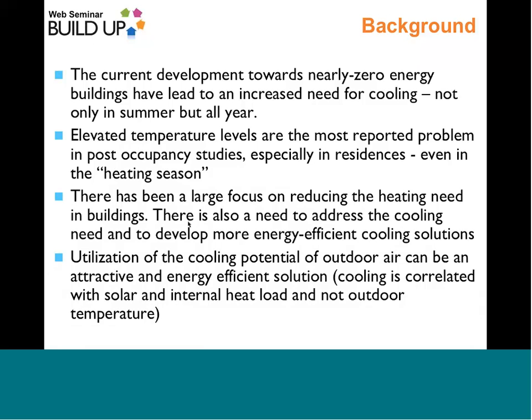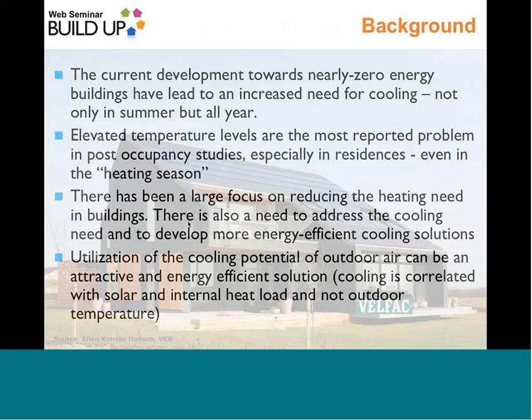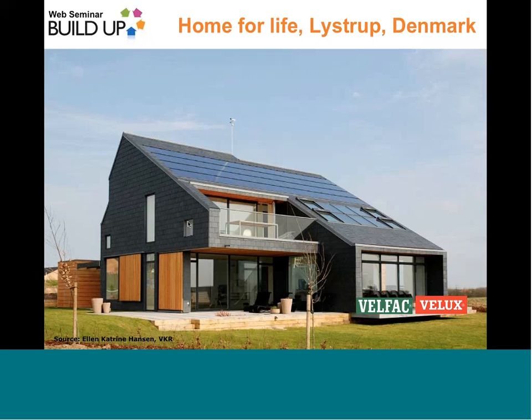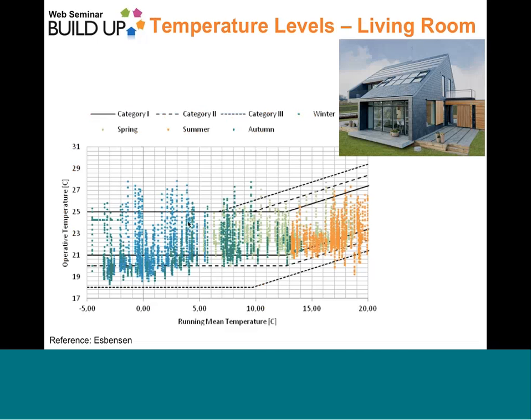I will here give an example of a nearly, or actually a zero energy building, a residential building that was constructed recently in Denmark. The next slide shows the recorded temperatures during the first year of operation. We have the operative temperature in the living room of this building as a function of the running mean outdoor temperature. And as you can see, these temperatures are more or less